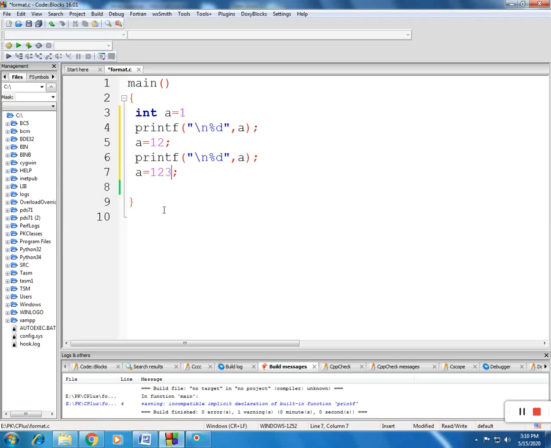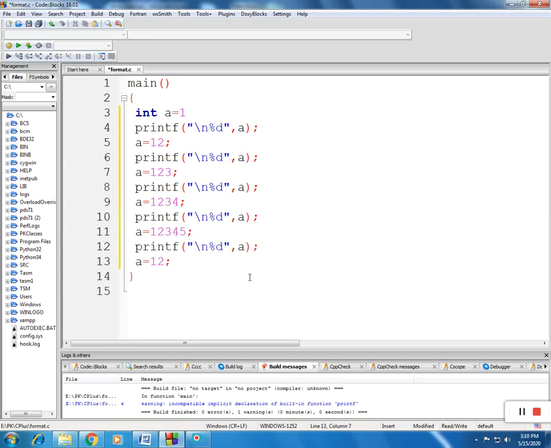Now we will change the value again to 123 and print, 1234, print, 12345 and print.